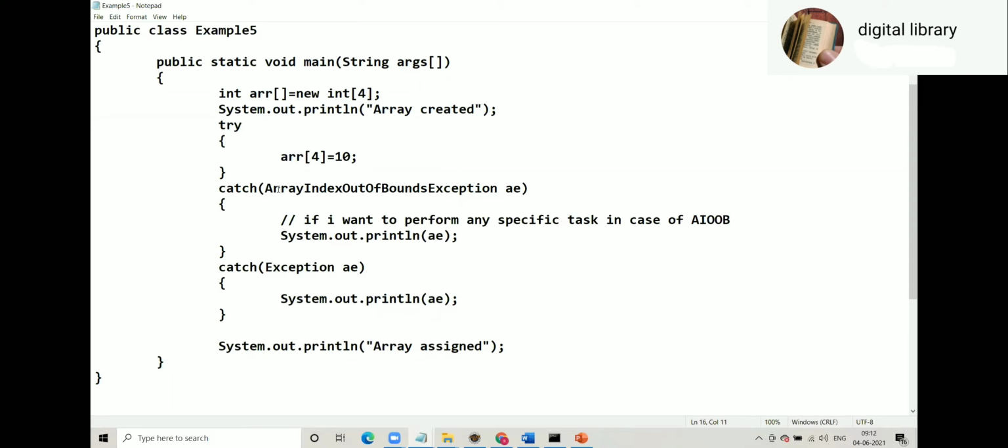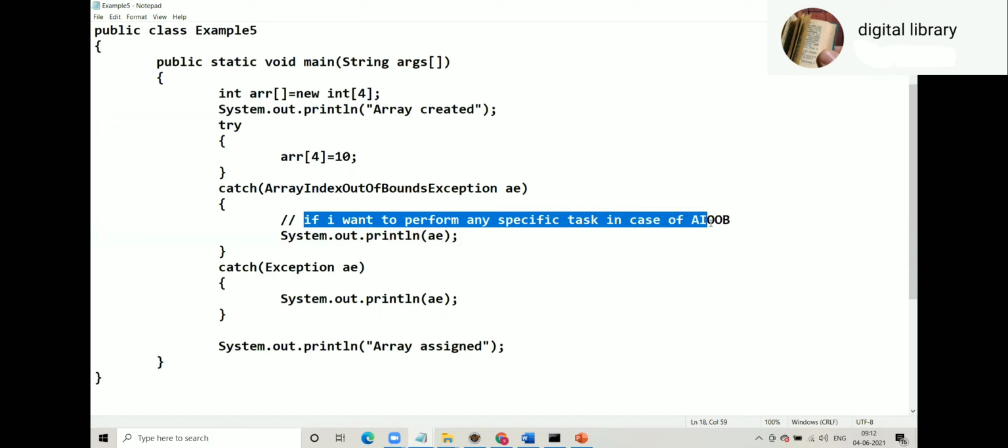Reason: if I want to perform a specific task in case of ArrayIndexOutOfBoundsException. For all other exceptions, I do not have any specific requirement, a common statement, just print stack trace. So in that case, I will go for a special catch block.